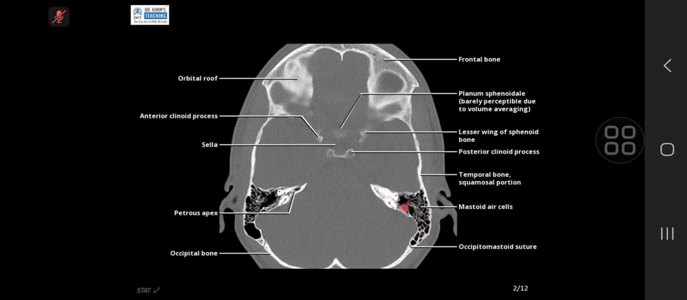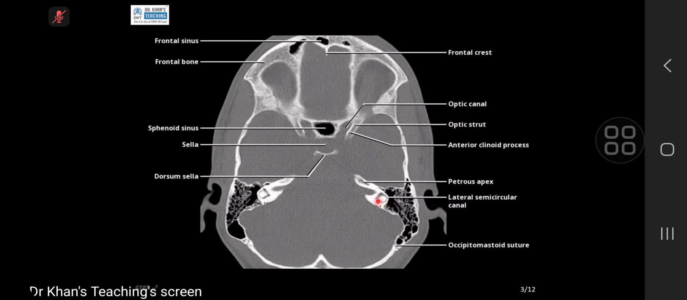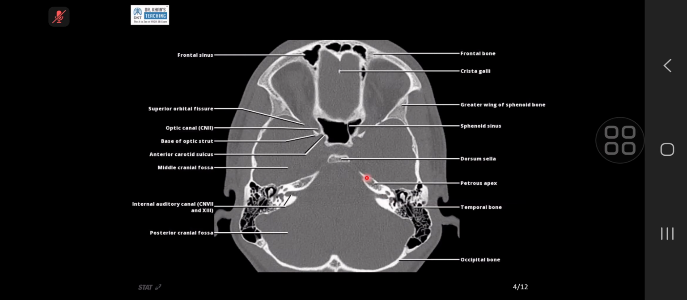So this is the temporal bone, mastoid air cells. This is the petrous apex, and this is still the petrous apex. We can see the internal auditory canal. We can see the internal ear structures, still continuing with the petrous apex, and still there, and then it forms